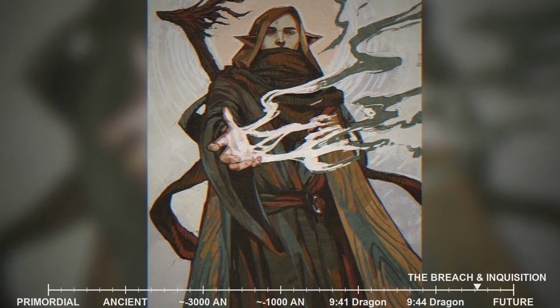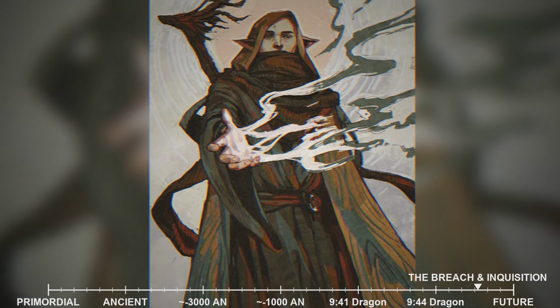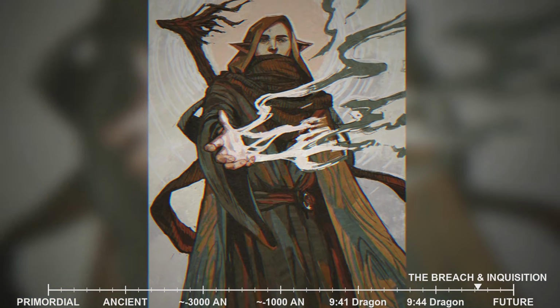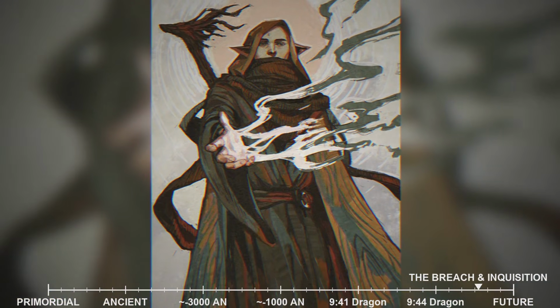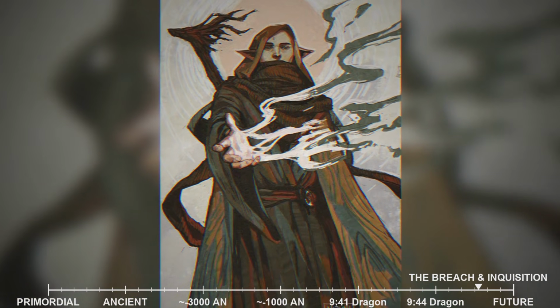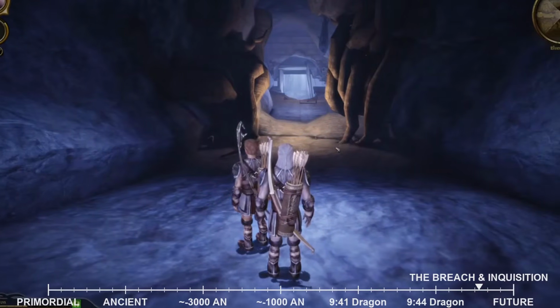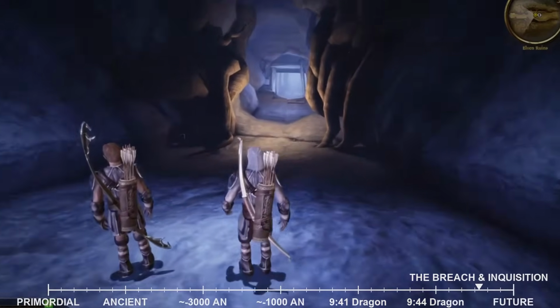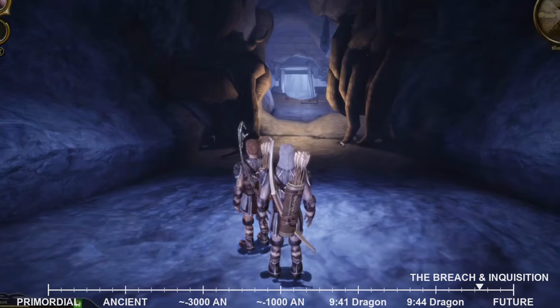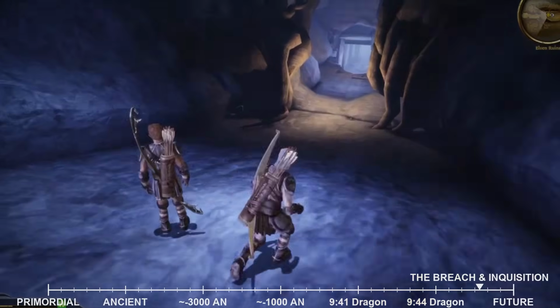These ruins, often protected by enigmatic guardians and ancient wards, held secrets pertaining to the ancient elves, their magic, and their connection to the Fade, which Solas in particular found fascinating and deeply concerning. The Inquisitor, guided by their companions and the intelligence gathered by their agents, began to uncover layers of ancient history, revealing connections between the elves' past and the current turmoil in Thedas.